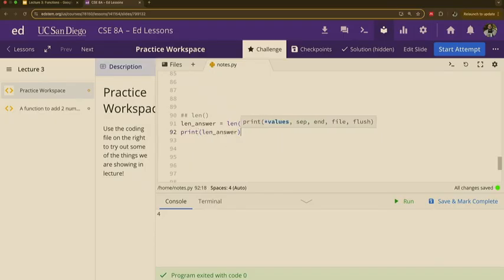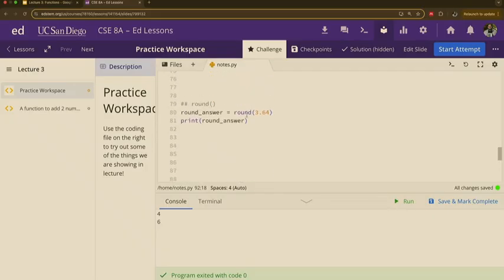We run that. It gives back 6 because the length of Ismail is 6. 1, 2, 3, 4, 5, 6.